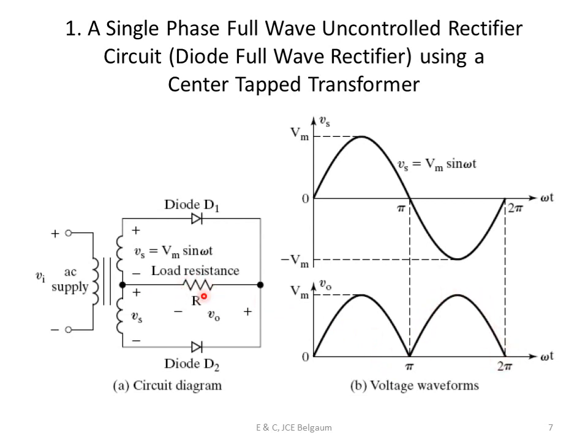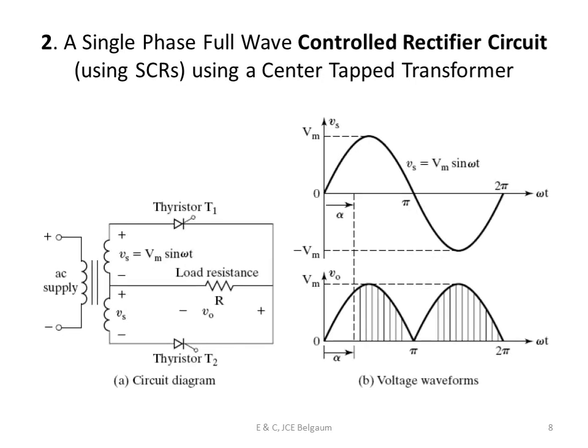Since the current for both the half cycles flows in the same direction, you are going to get the same direction waveform for both the cycles. So this is your full wave rectifier with a center tap transformer. What I'm doing is converting AC to DC. And since I have no control, if this is Vm, I'll be getting Vm only. Whatever the frequency is, I'll be getting the same at the output. So I have no control. Whatever is there gets rectified and comes out.